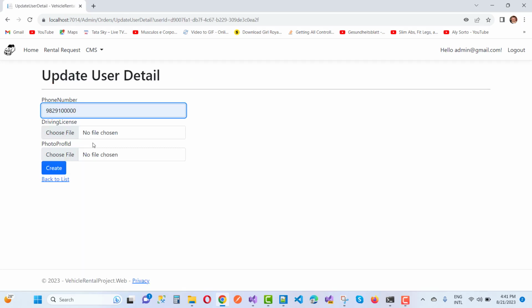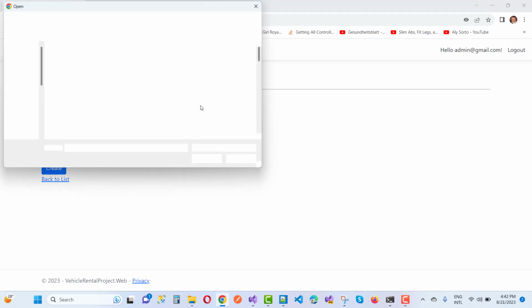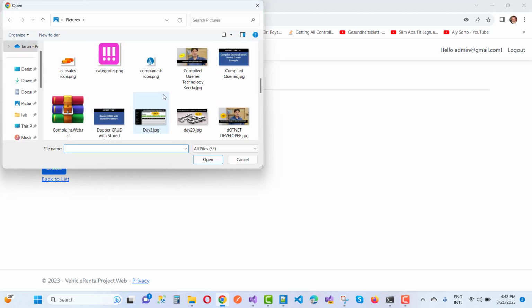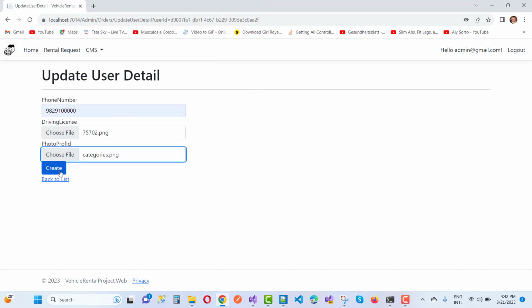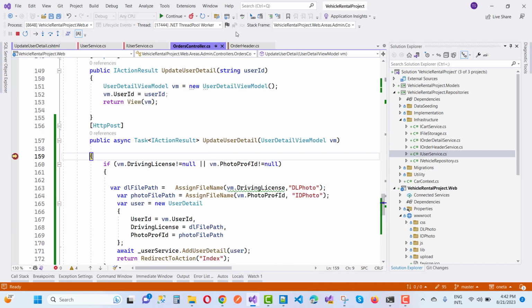Okay, update. So here we have a driving license. So this is the file. And just create it. You will notice that here we have a ping